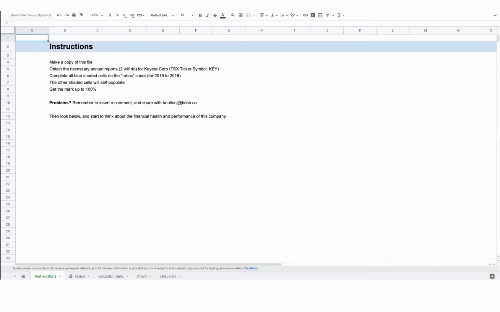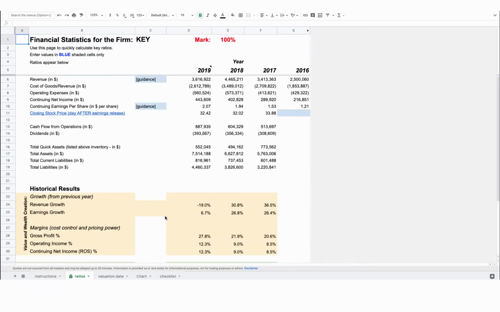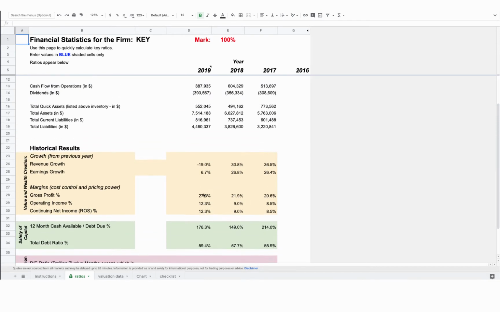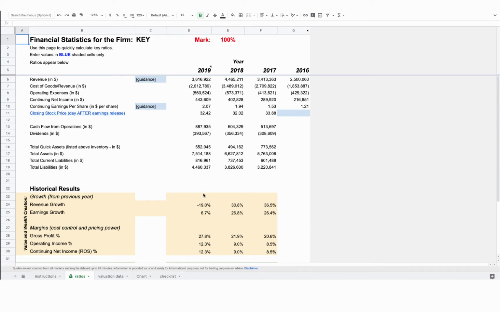So you should have got to that point where you would have been able to produce these values, right? So plugging in these numbers from the annual report, which you could have got, always go to the source, always go to the actual reports produced by the company that are audited and released officially. Because if there's anything wrong in them, you can sue the company. So with those numbers, then we would have produced some of this information down below, right? So what I'm going to do now is complete that process, and we're going to talk about guidance.